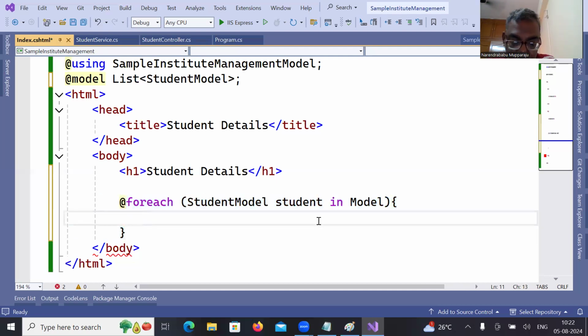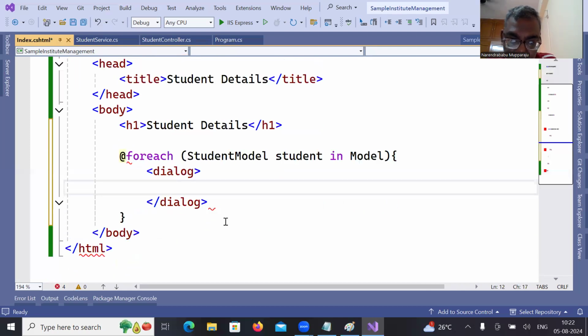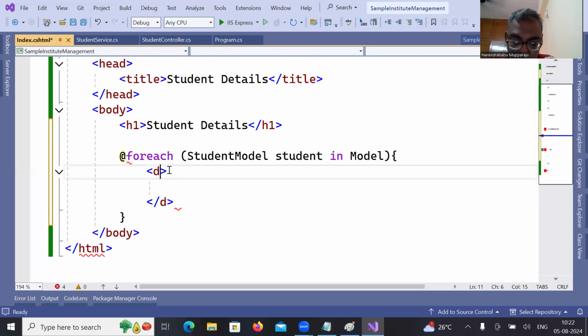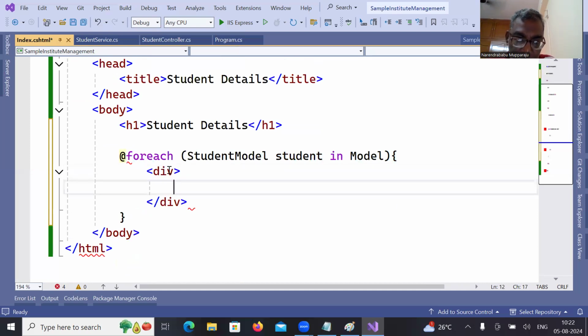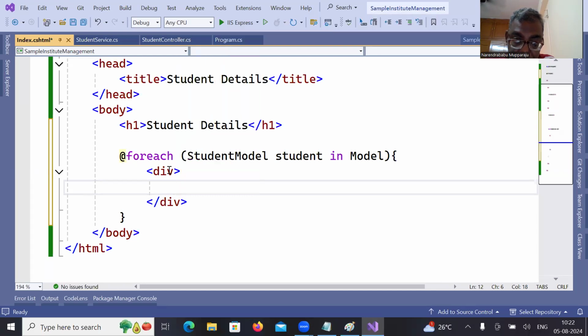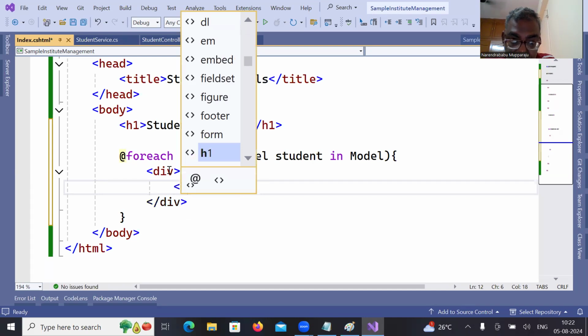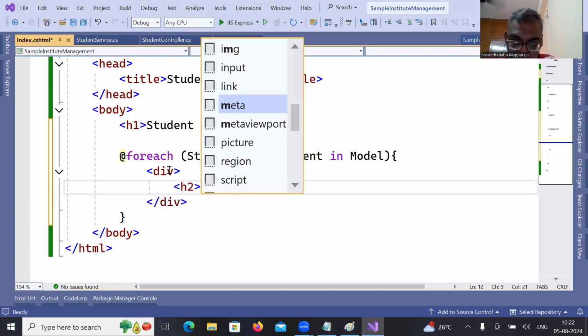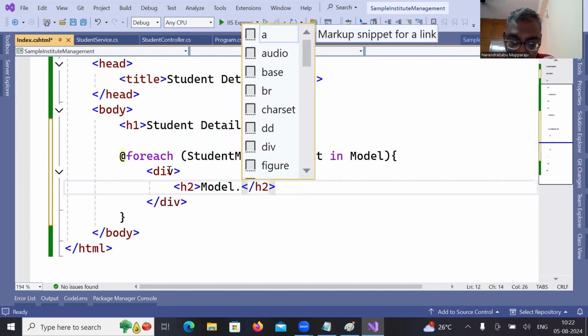Here, you need to have a div. You can say h2 model dot